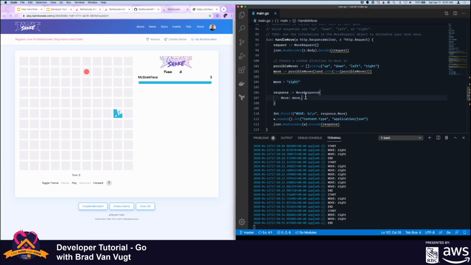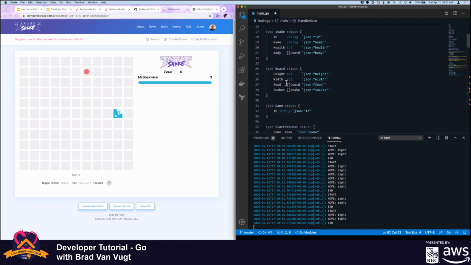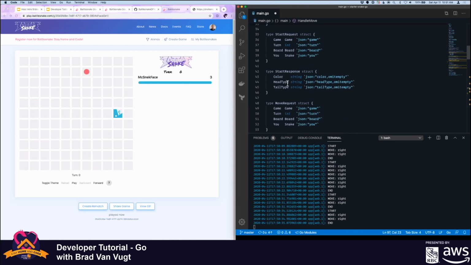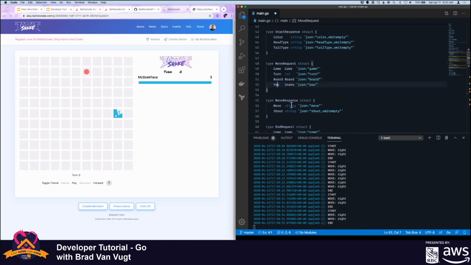So let's try to do something that's a little bit smarter. Let's take a look at the information we get. You can see here that for every move, I get this move request object. If I go up to move request, it has a bunch of information. It has the game object, it has the turn number, it has the board, and it has me. So let's do a couple things. If I look at the docs,